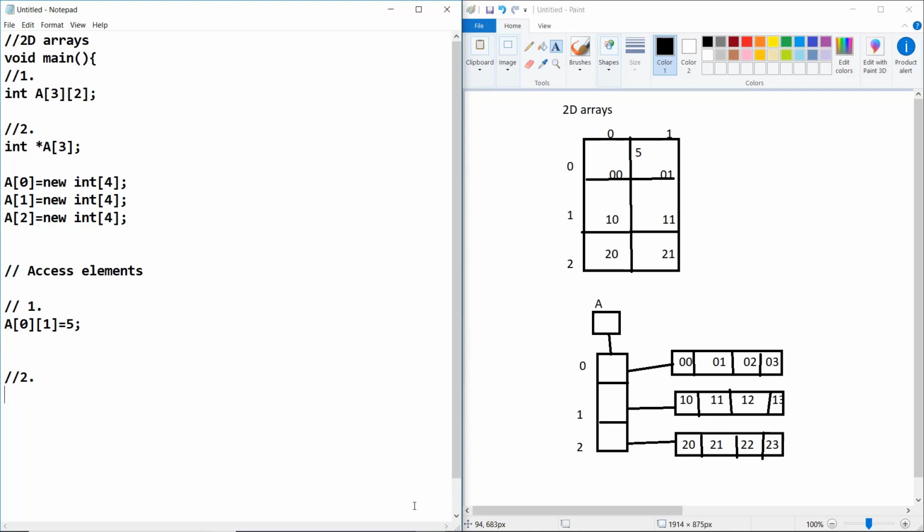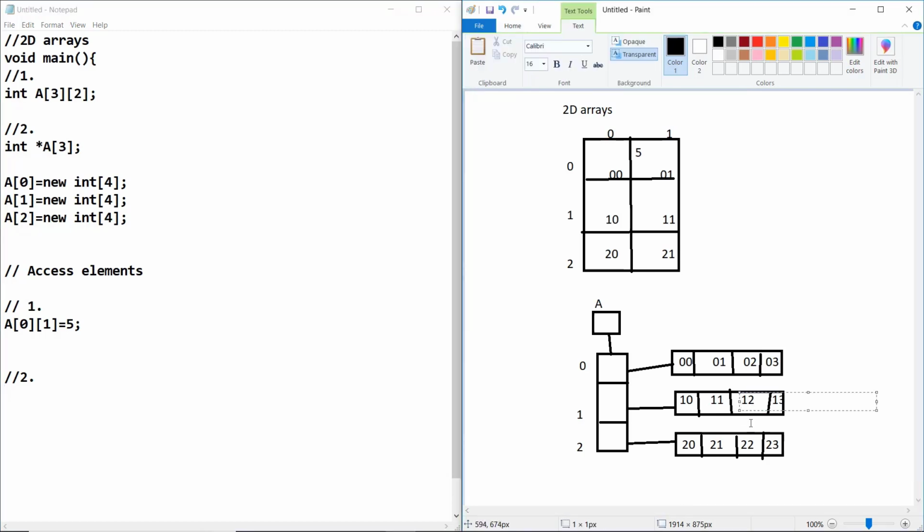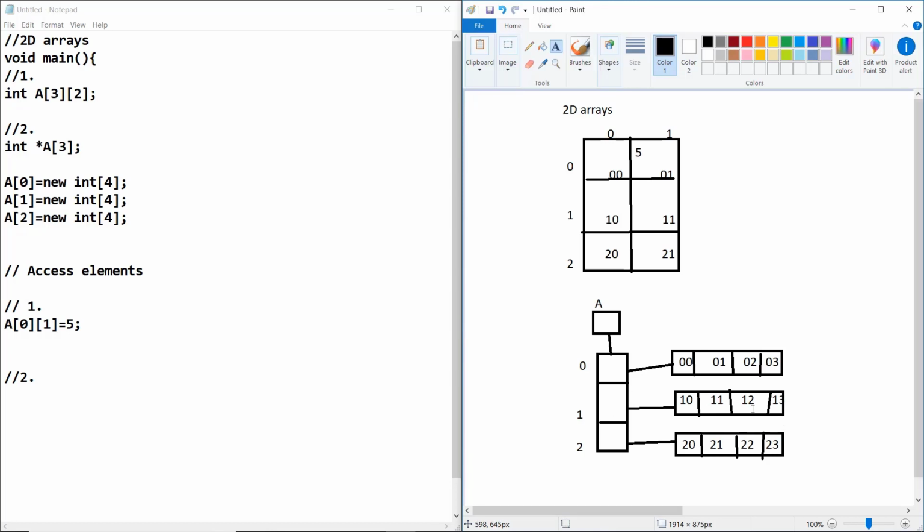If we want to access this element, its address is 1, 2. I'm talking about the index, not the column. By the way, it's the third column and second row, but the index is one less for both, so 1, 2.